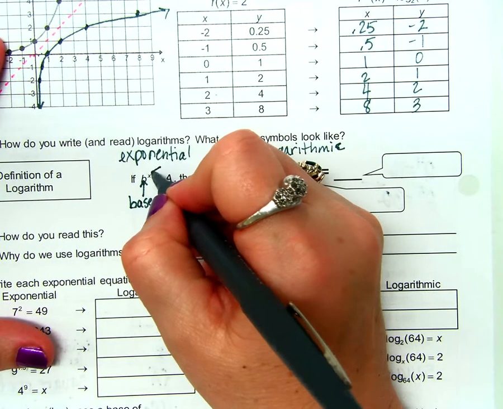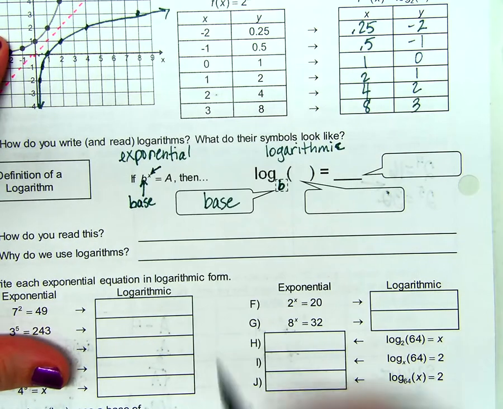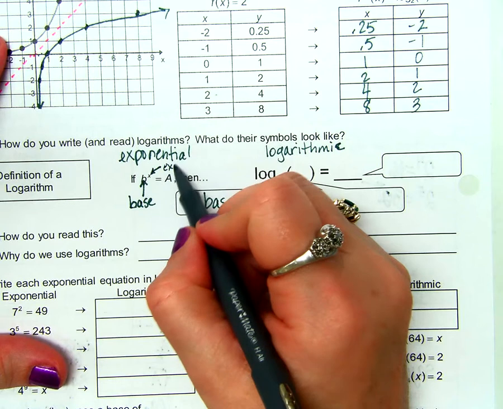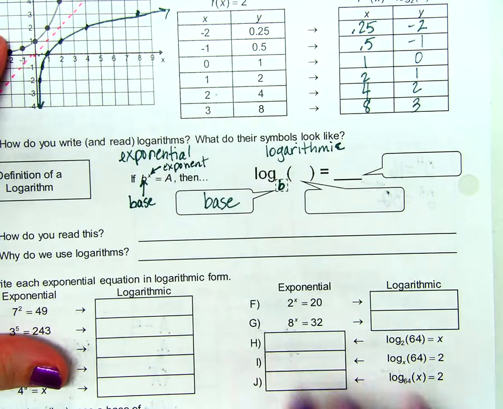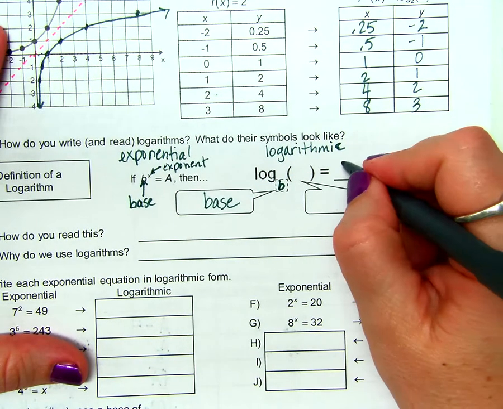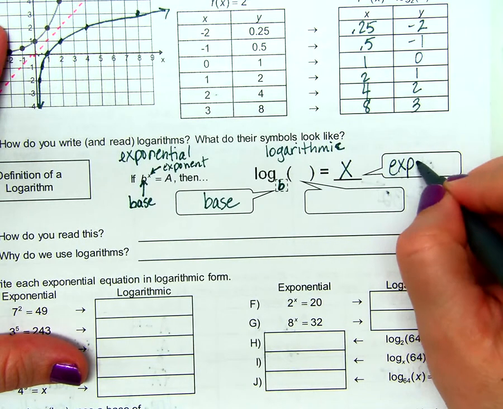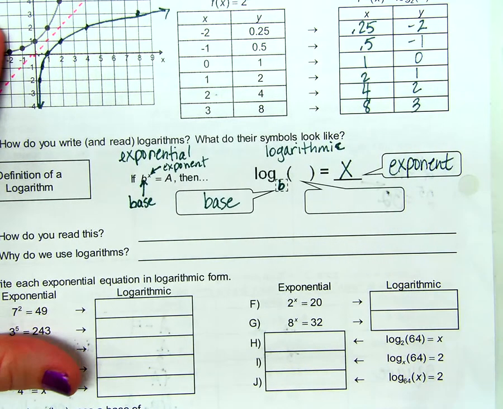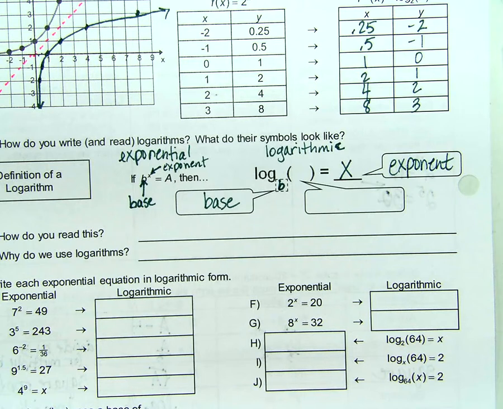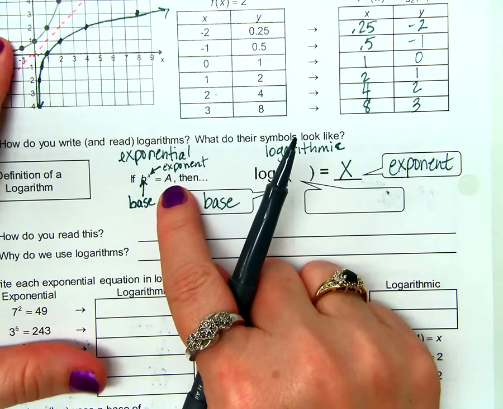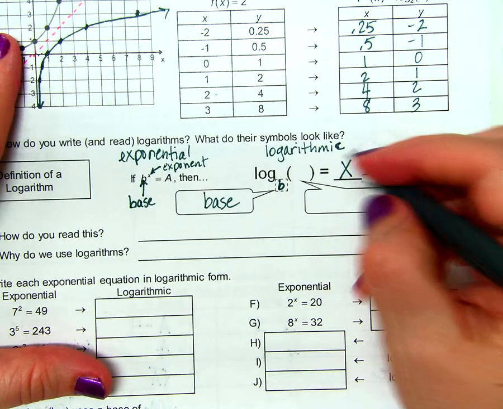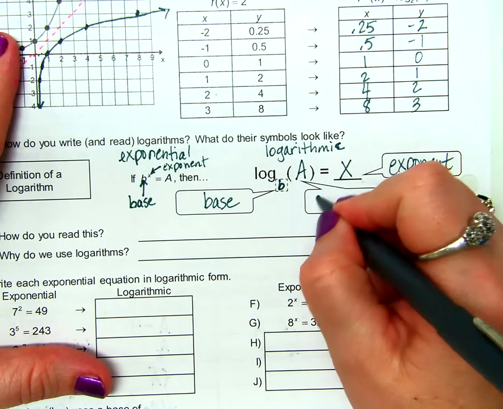What's this called? That's the exponent, right? Well, it's not called an exponent over here. It's called a solution, but we're going to go ahead and put exponent so we know where it goes. Is that fair enough? Okay. And what's the only thing left over here? The a. It goes right here. And it's called